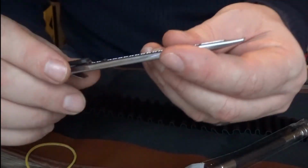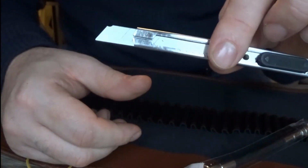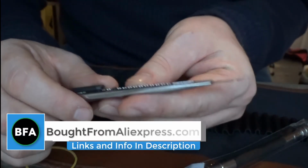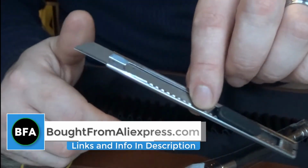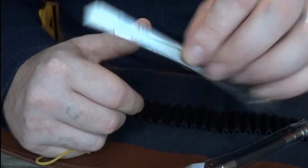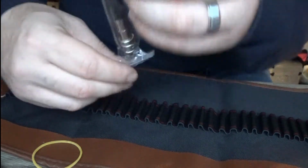You get a knife for sharpening your pencils. I think a lot of us would use a regular pencil sharpener, but artists would probably cut a sharp edge on their pencils using a blade. And then this, I'm not sure what this is,